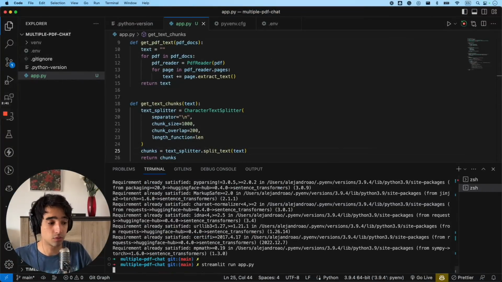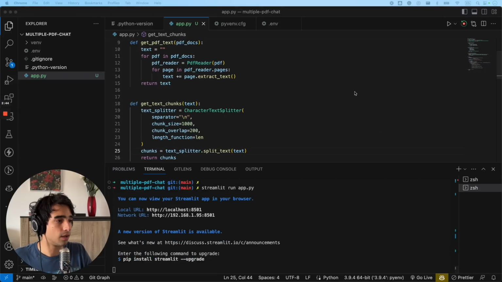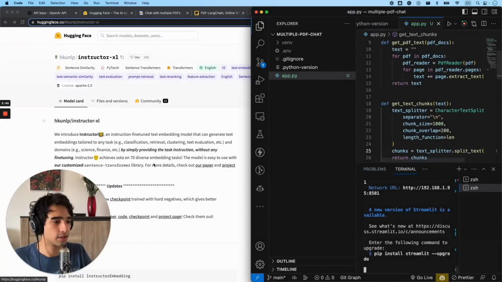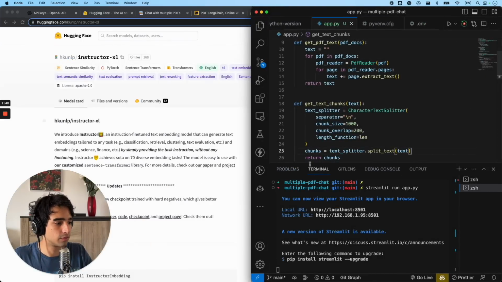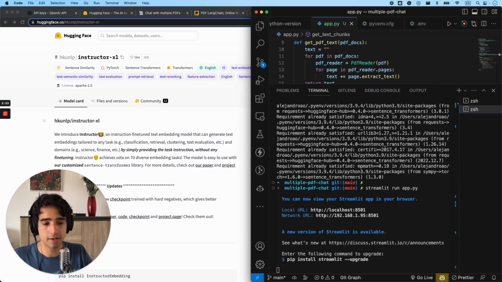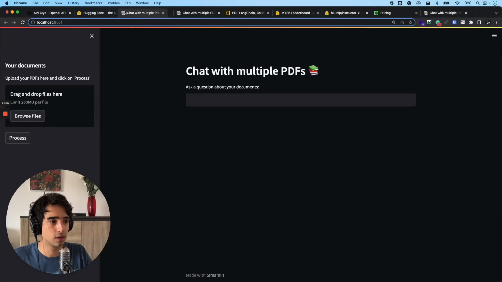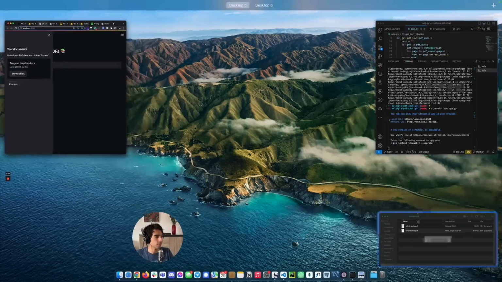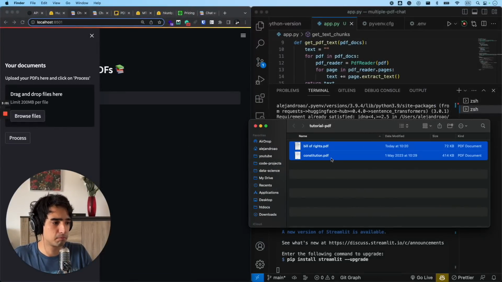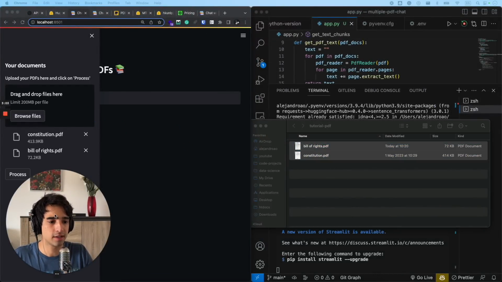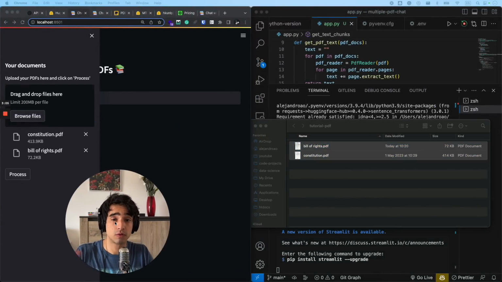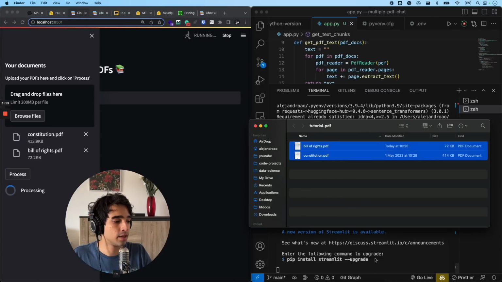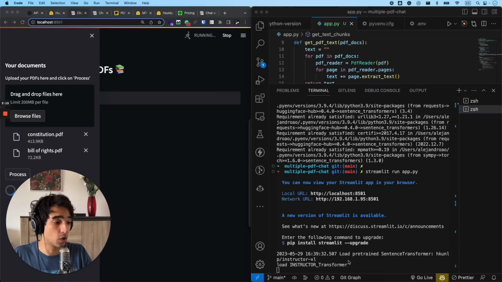So if I do streamlit run app.py, I'm going to put this on the side like this. I'm going to get rid of this. I'm going to show you on the terminal right here. And if I bring my application up here, this, as I mentioned before, is barely 20 pages or something like that. And remember that just before, for OpenAI, it took like 4 seconds for it to embed everything. Now if I click on process right here, you will see that it starts to process, it loads the transformer,